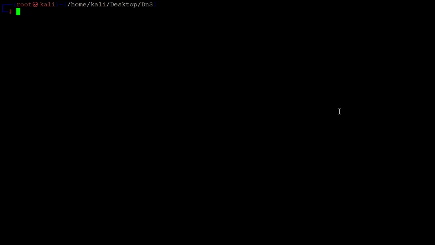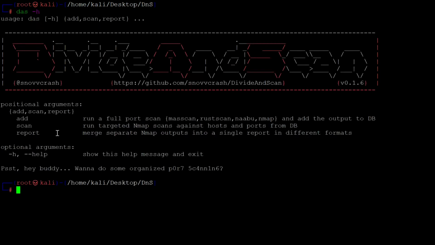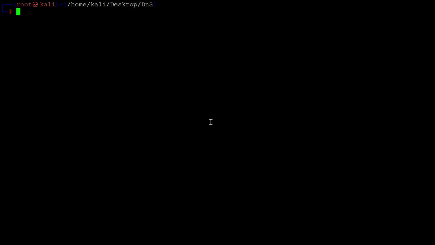It is a pretty small help file, and it is telling me that add, scan and report are the three options that you can use, as per the information. I will be showing you some of the most common and most productive usage. As you can see, you can quickly hop on and run with it. The first command we can use comes after this alias. After everything is set up, we will now be demonstrating the tool against a virtual network.